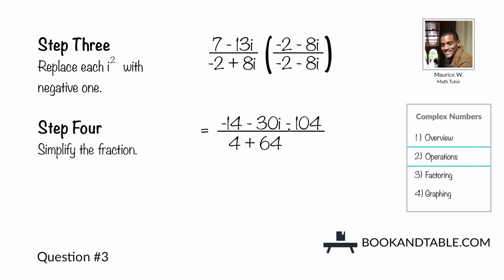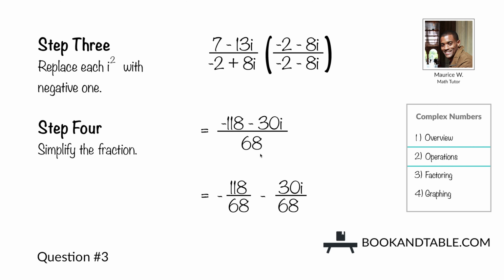Negative 14 minus 104 will give you negative 118 in the numerator. And 4 plus 64 will give you 68 in the denominator. So we wind up with negative 118 minus 30i divided by 68. And the fourth step, you want to simplify this fraction. So you first break it up into two fractions. Negative 118 divided by 68